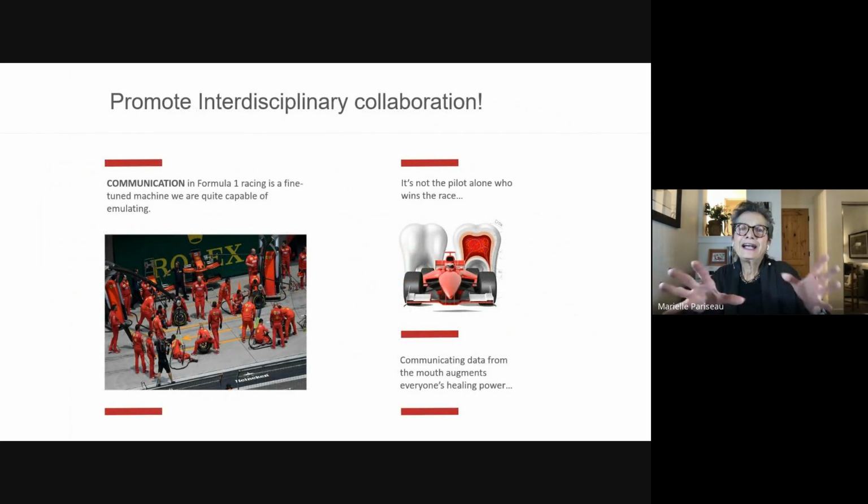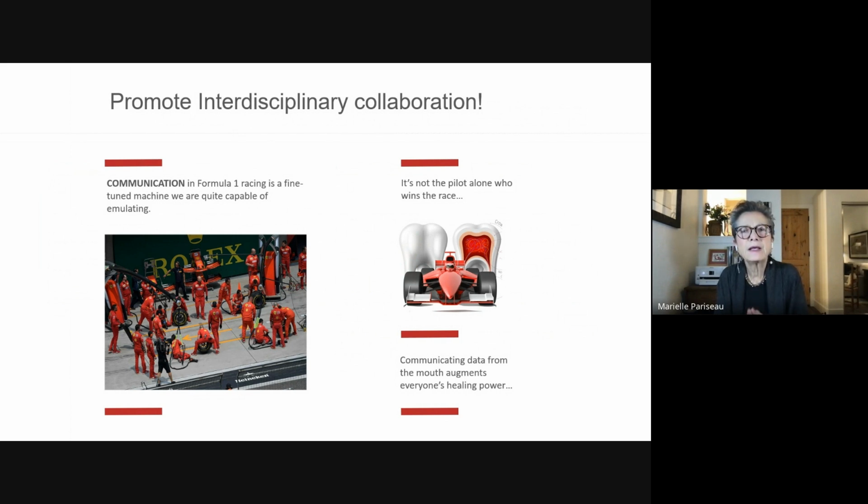And I had to put this here. I'm a big Formula One racing fan, and I'm fresh back from Las Vegas, where I saw the race there. I had tickets. And I need to take a little detour to talk about Formula One, because if we can emulate what they do in communication, we'll be on our way to solving the issues of caries and